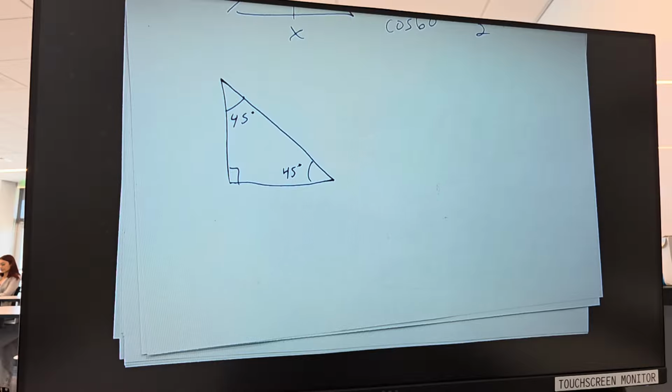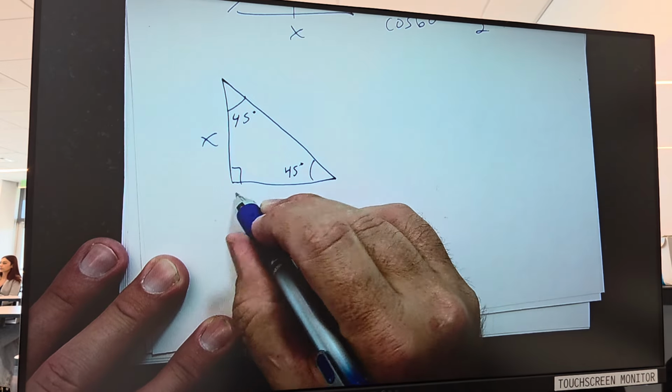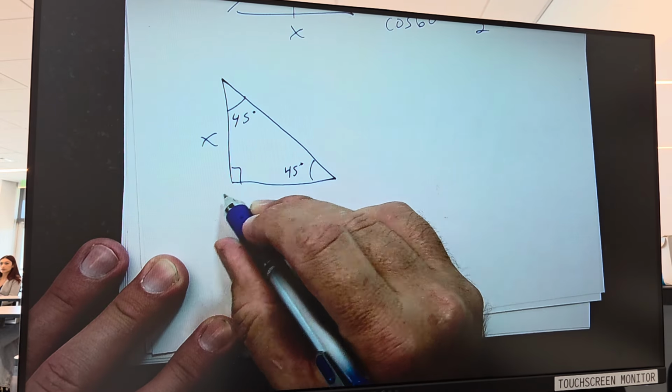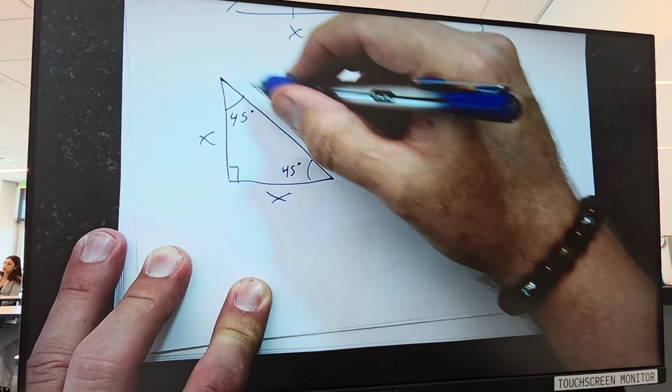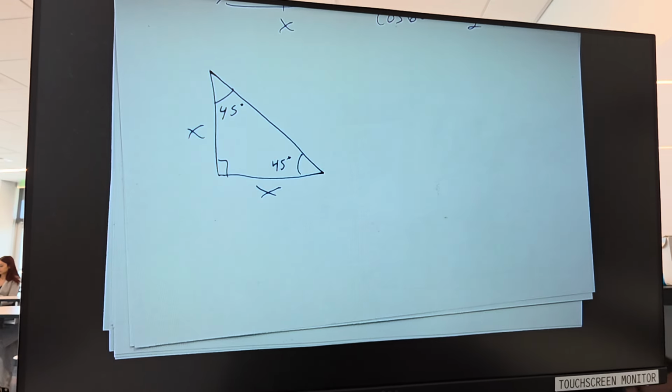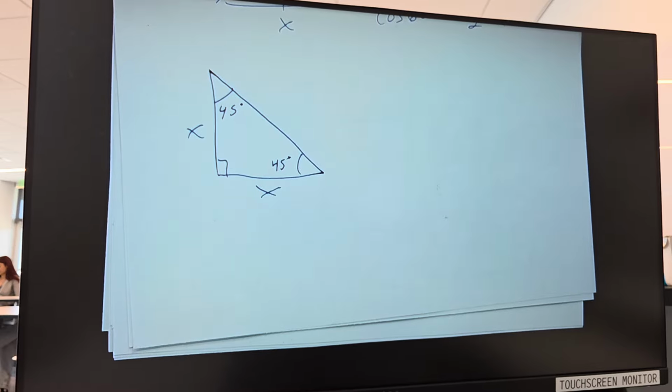So, do we know how long this is? No. So what do I call it? Then we know how long this other side is. This has to be x. Good. And then let's figure out how long this last side is. Can we do that? Who helps us? The old Greek dude, Pythagoras. Someday someone will say that.